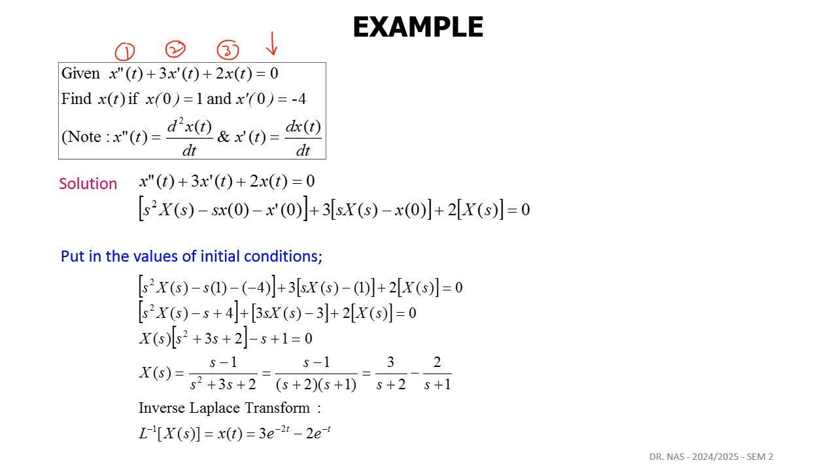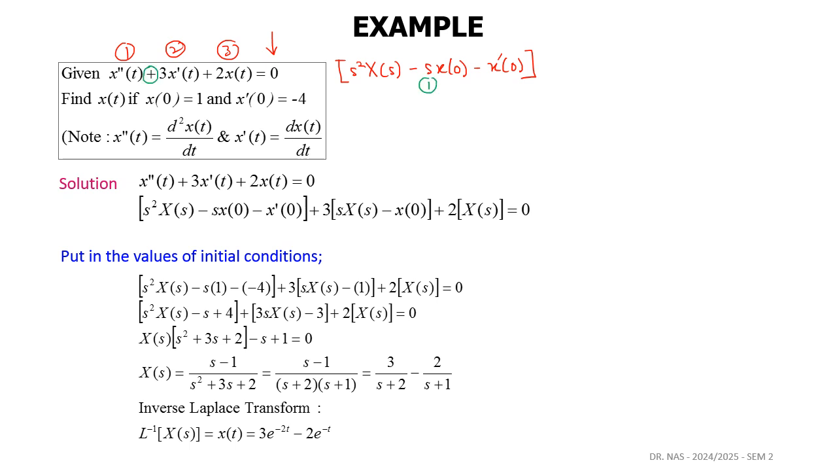So now let's start with the x double prime t. So double prime means s to the power of 2. So it is for the first component s to the power of 2 Xs minus s to the power of 1 x naught minus s to the power of 0 x prime naught. So this is for the first component,